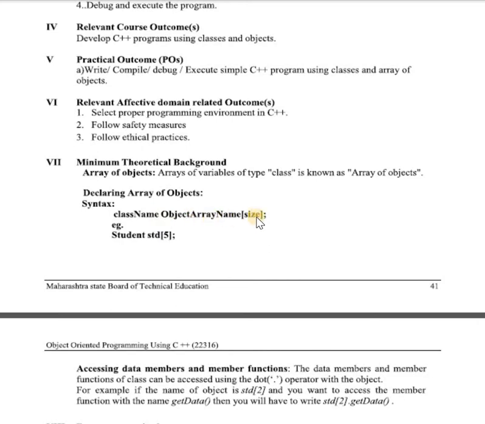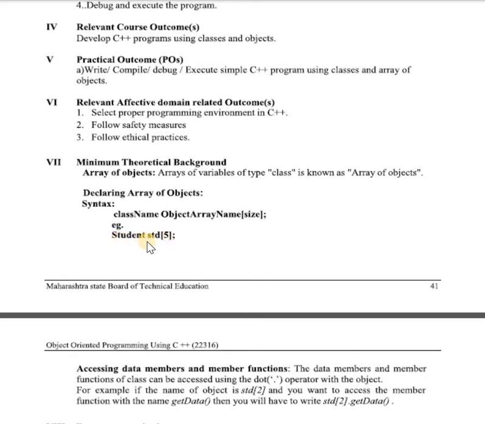to specify a size. Suppose there is one class student and you want to accept the data or display the data for 5 students, then how to apply the array of object to that particular class?